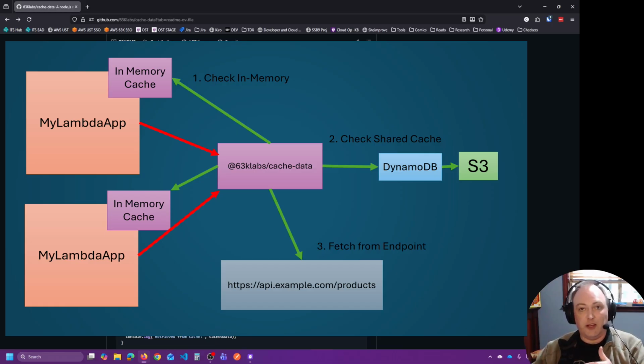And if there's a miss there, then it goes to the original source. So cache data has in-memory cache already implemented. There is a DynamoDB, kind of like a backup, shared amongst all the Lambda functions,